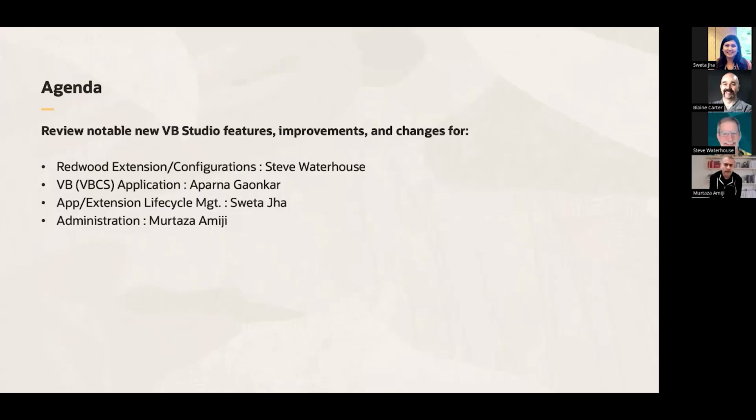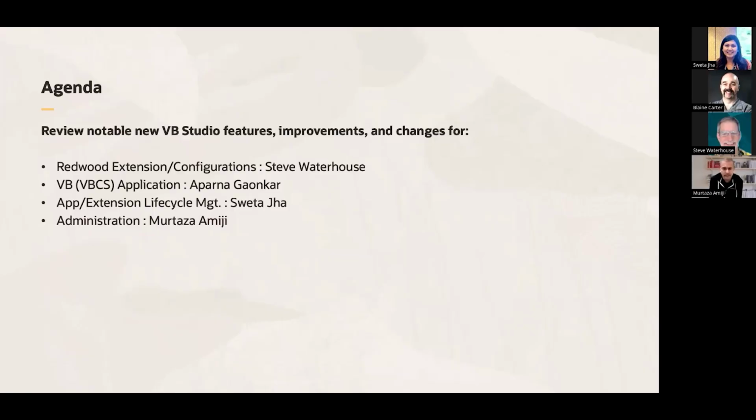And then we have Aparna Gaonkar, who's going to go over the features and capabilities in VB Studio as it pertains to Visual Builder application development. So if you're using VB Studio to build VBCS applications, Aparna is going to go over some of the new